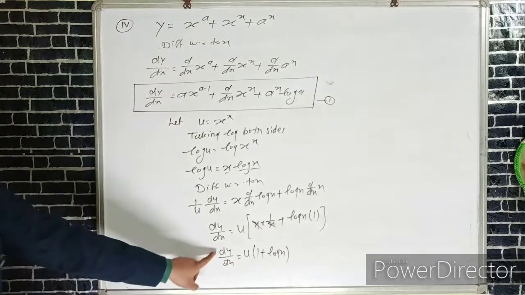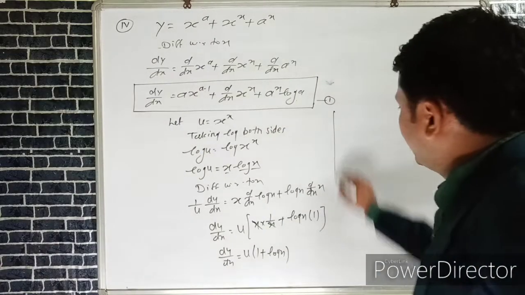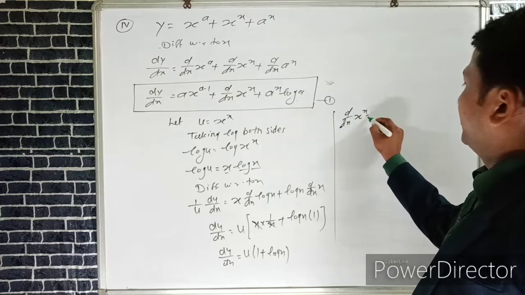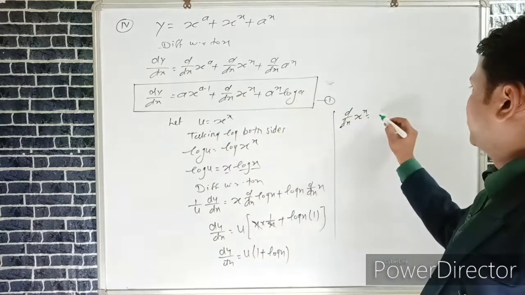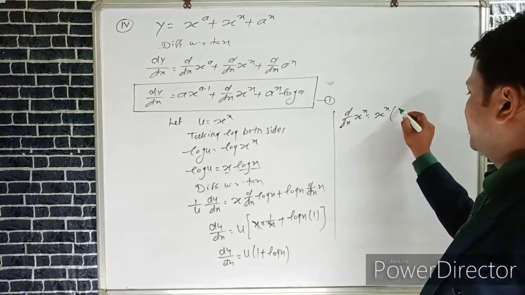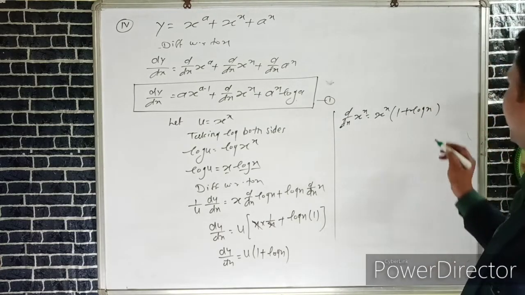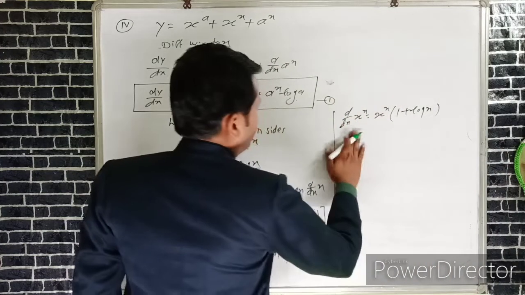We know that u is x raised to the power x. Hence, we can write the derivative of x raised to the power x, u means x raised to the power x, is equal to, substituting the value of u as x raised to the power x, x raised to the power x into 1 plus log x. We put this value in equation 1,